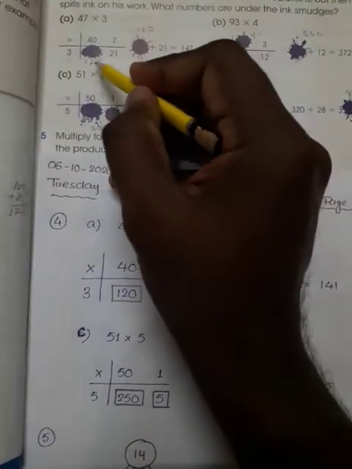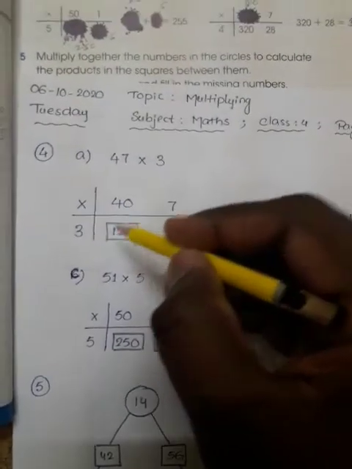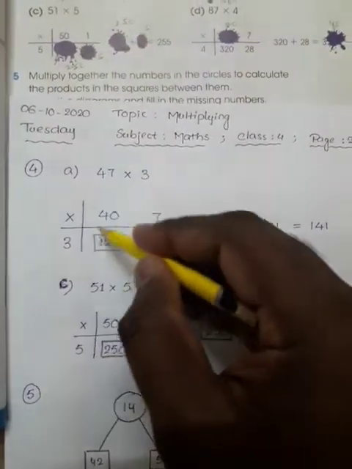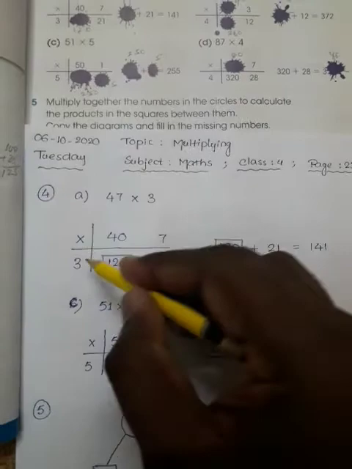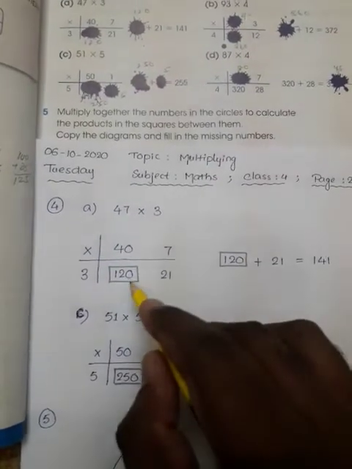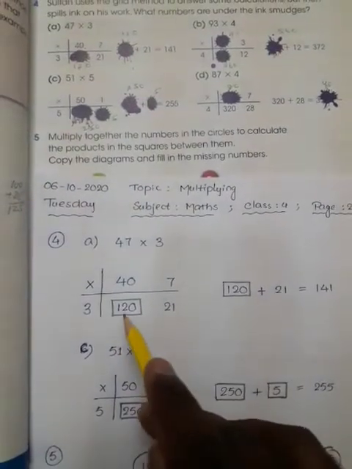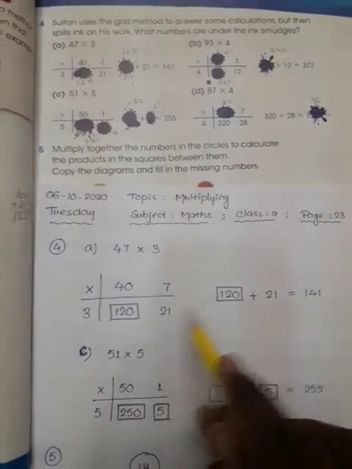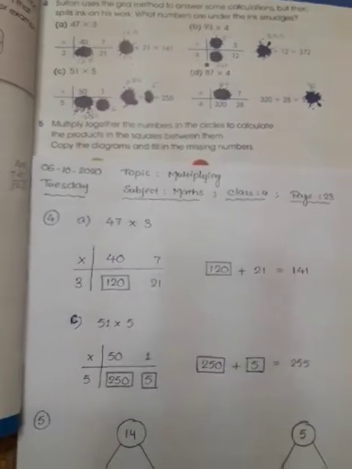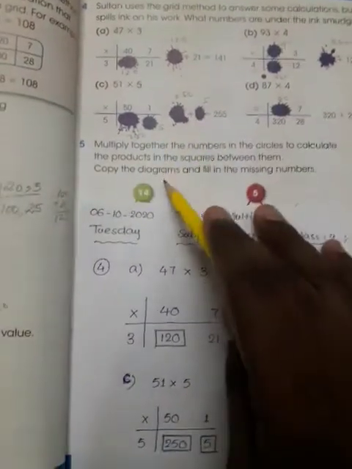So how? Look here, you know that 40 and 7 is given to you. This number you need. When you need this number, how to do? Multiply. So 3 4s are 12 and 3 zeros are 0. So here is what? 120. After that, what we have to add? 120 plus 21, because these are the answers. So 120 plus 21, how much? 141.